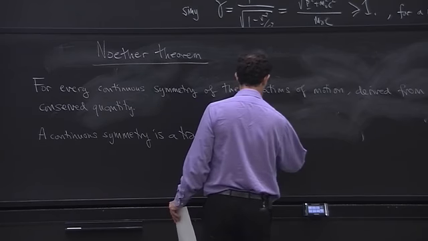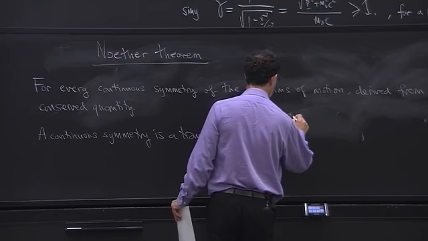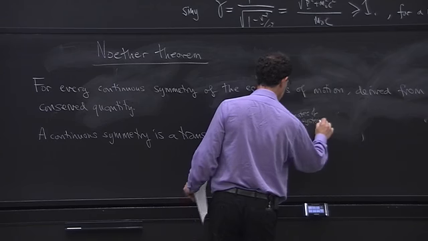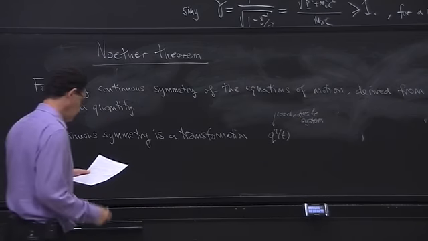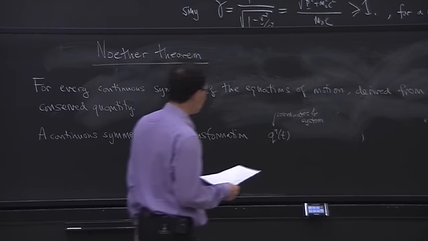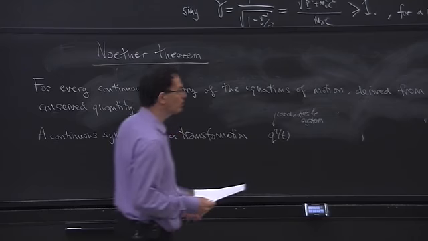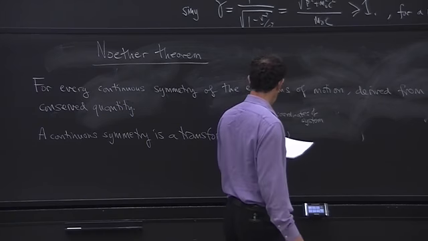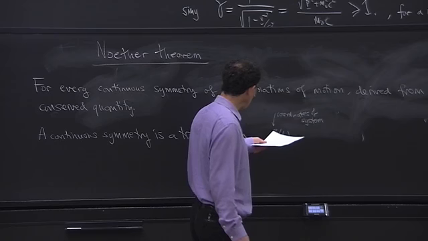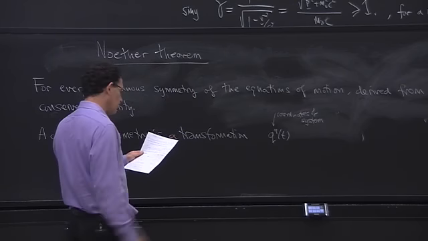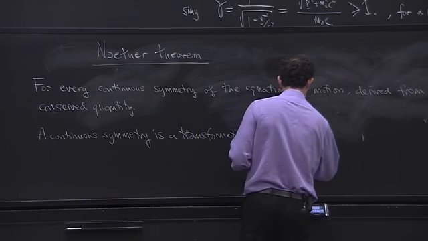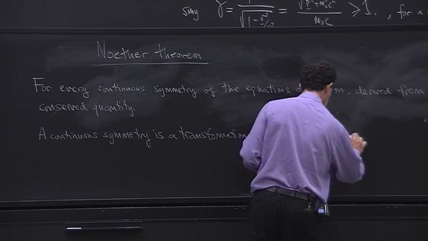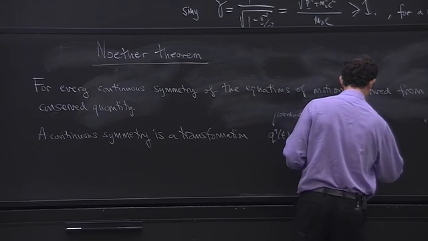These are the coordinates of the system, which could be x, the position of a particle, but more generally just some numbers that parameterize a system, and the a will just run over the number of those coordinates. And the transformation is QA of t goes to QA prime of t, which is QA of t